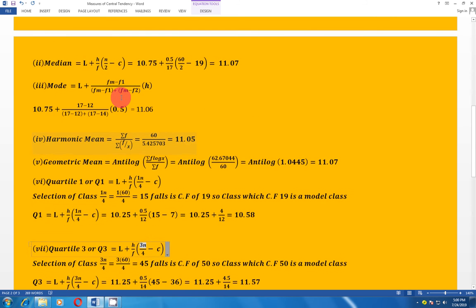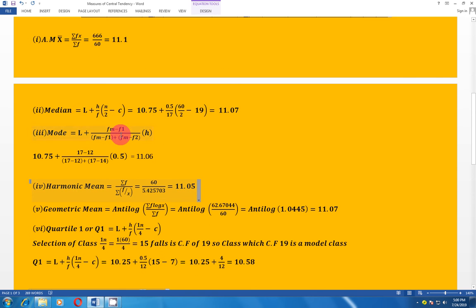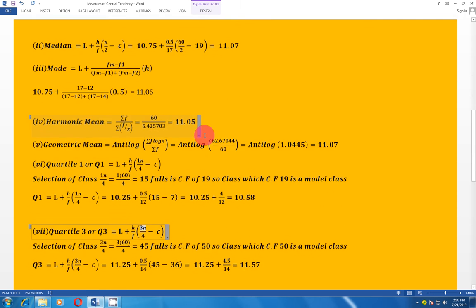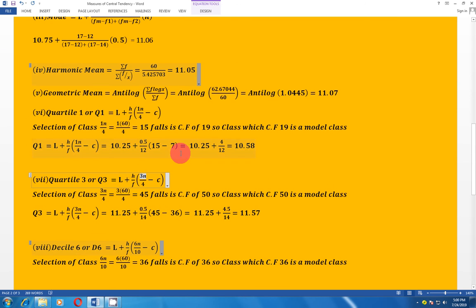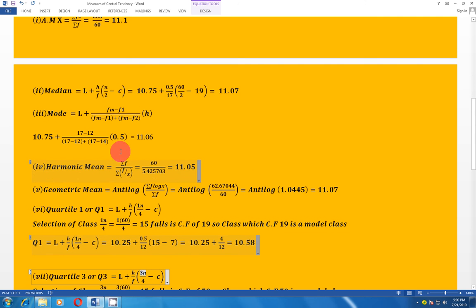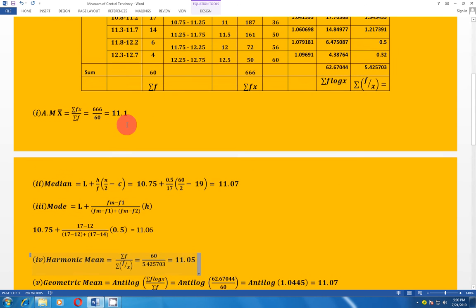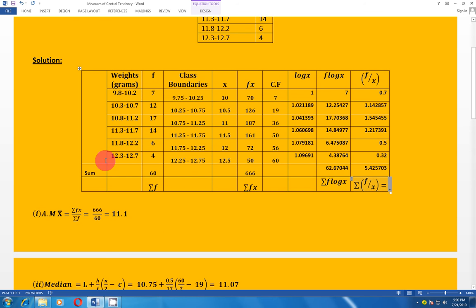As you remember, when we were calculating the median, we simply located the modal class for our calculation. Similarly, in the case of quartiles, deciles and percentiles, we locate our class first. And how can we locate our class? For example, in the case of median, we divided n by 2 and located the class through cumulative frequency. Similarly,